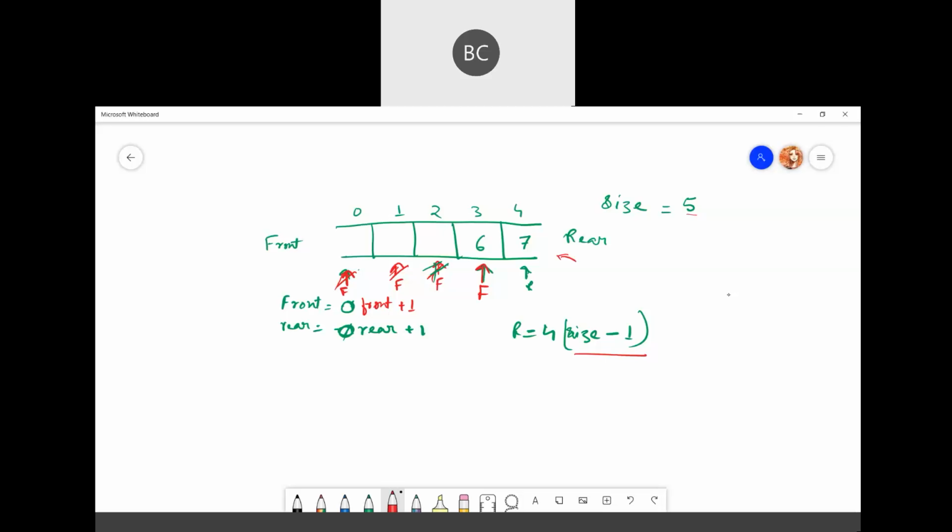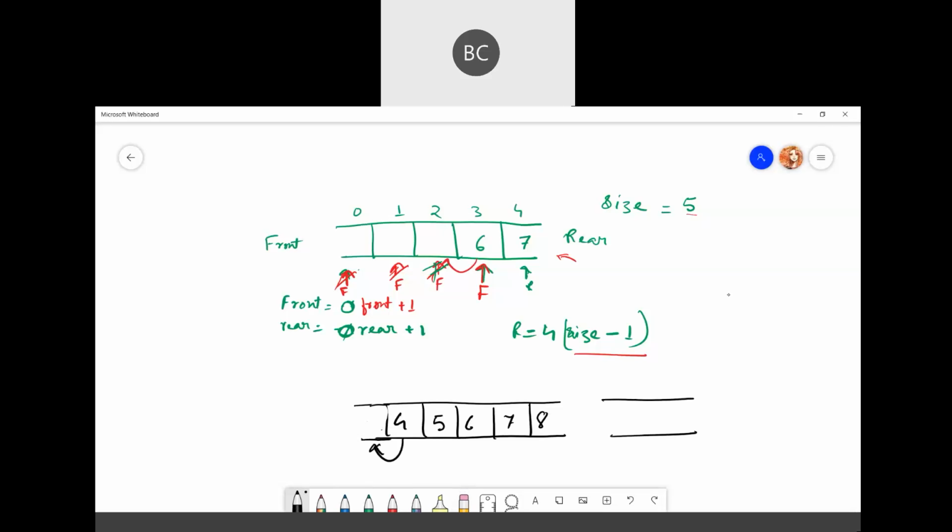In some places, you might see that whenever they delete an item, it shifts things. For example, here I am showing you. Every time you delete an item, you shift the queue.